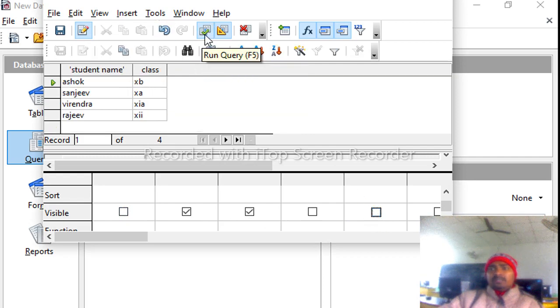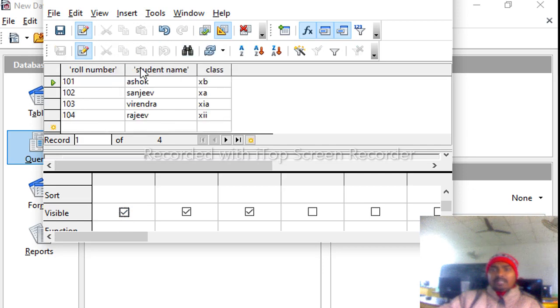Then run this command. We can see only student name and class. Only check sign fields display inside the query. Unchecked fields are not displayed here. If you want to display SID also, then check here, then run this. In this case, roll number means SID, name and class display here. You want to display fee, then check the fee field and run this command. Now you want to display address also, then click on address and we can see it displayed.